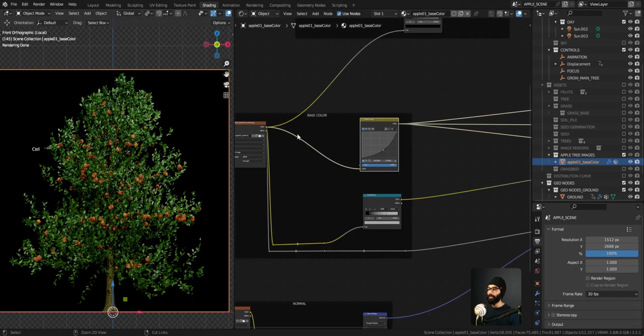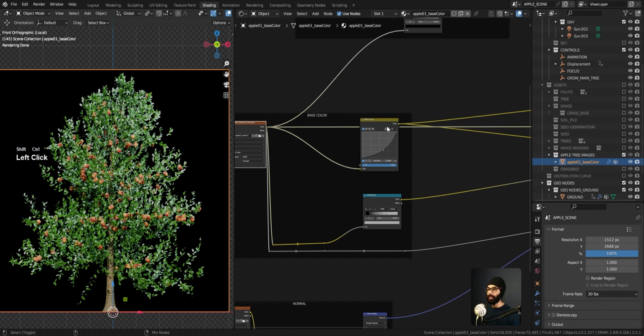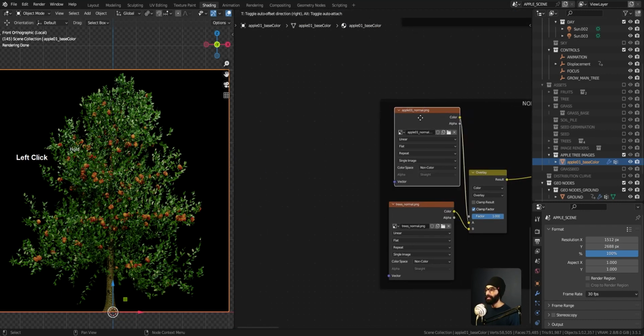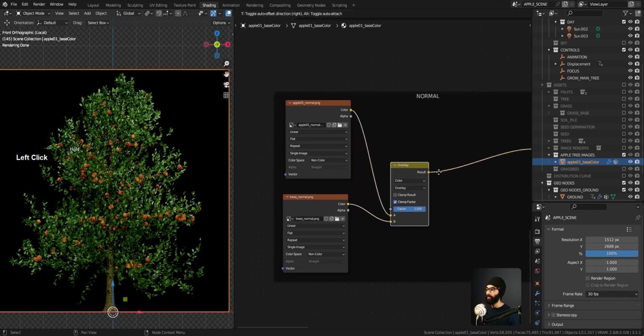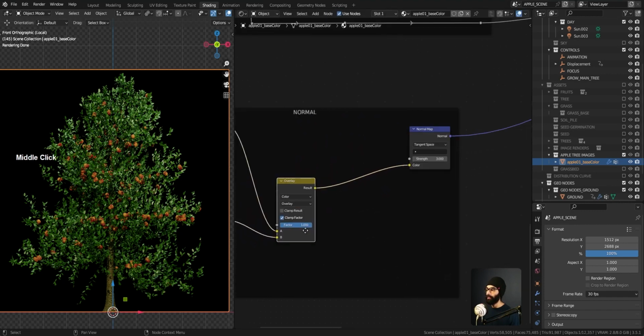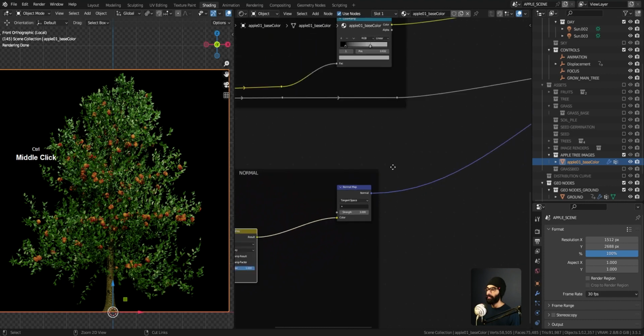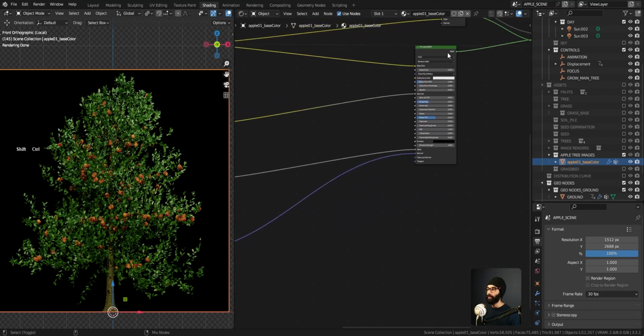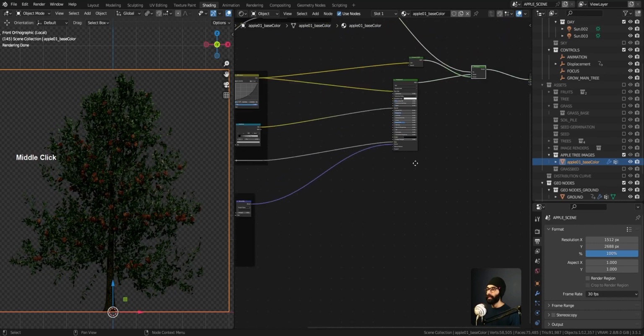So this curves node is not doing anything, it's just a little bit of color correction. We have two normal maps. One is the entire trees and one is this particular tree. And then we mix that using overlay at a factor of 1 and plug that into a normal map node, which goes into the normal. So if I was to remove this, let me go back to my end result here,